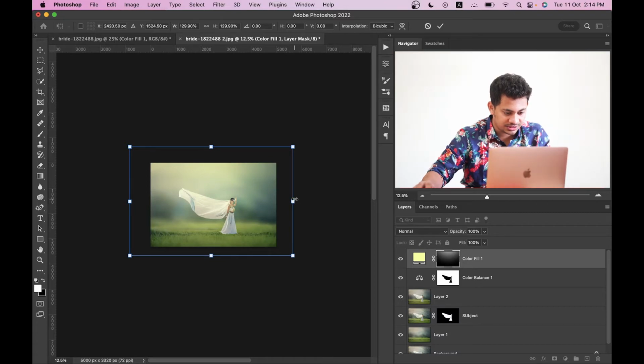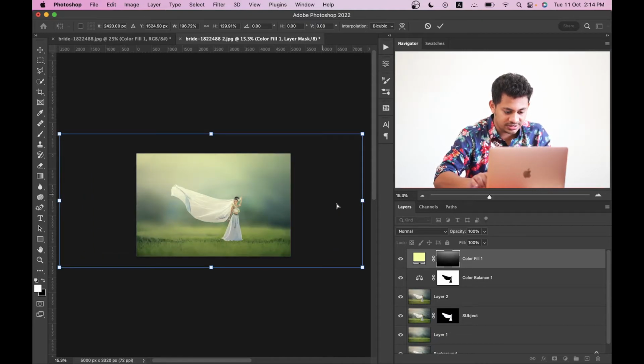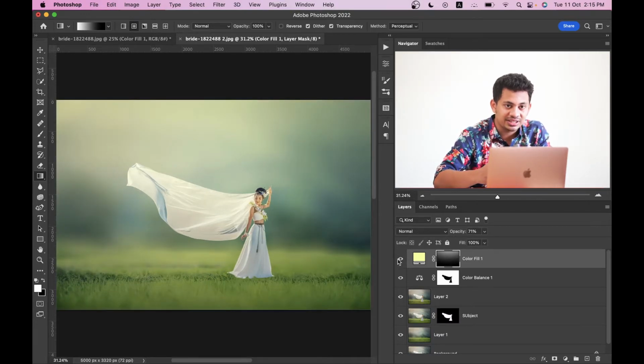Let's zoom out. I think now this is looking good. Okay, decrease the opacity around 70 to 75%. I think. Look at this. This was the before and this is after. So it gives you a little glowing kind of effect, but again I don't want this effect applied too much